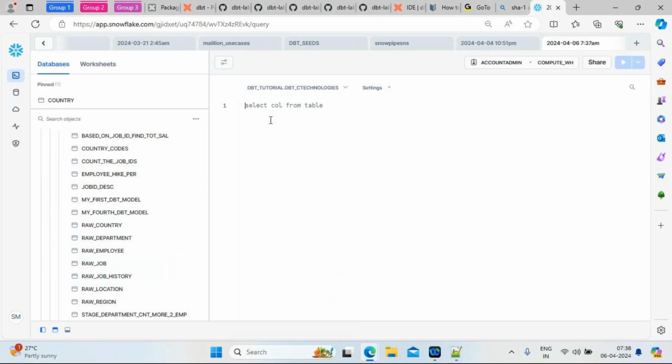Now my requirement is to display the department name and number of employees in each of the department. Very simple business logic. Okay, display department name and number of employees in each of the department. Now for this I'm going to write one